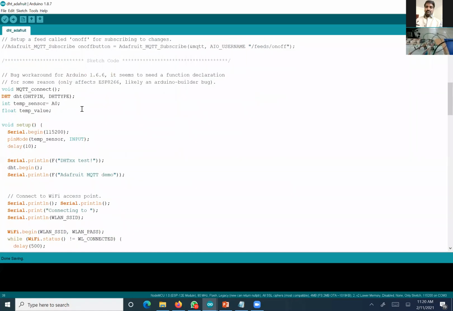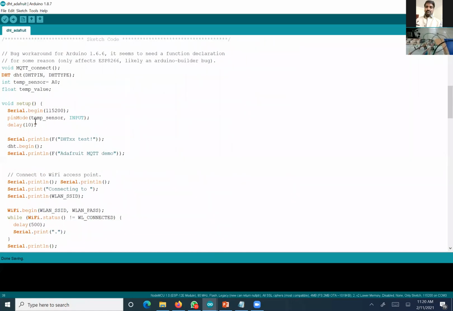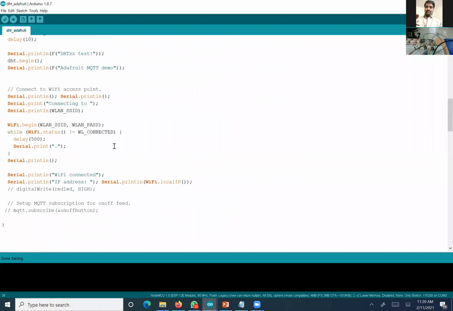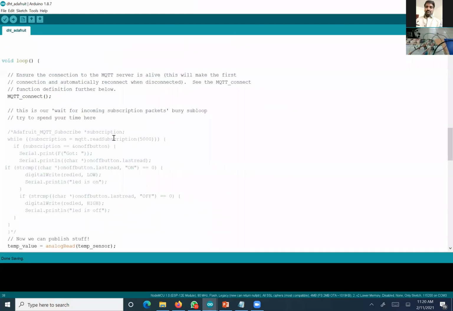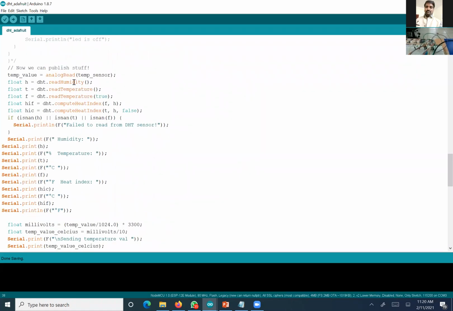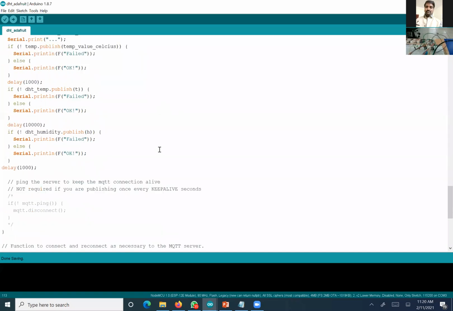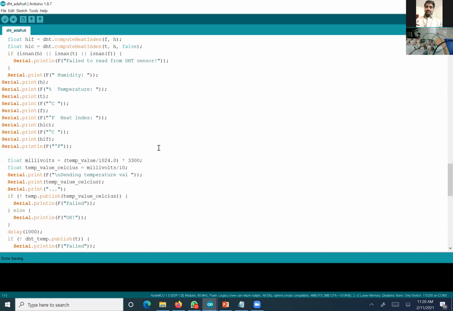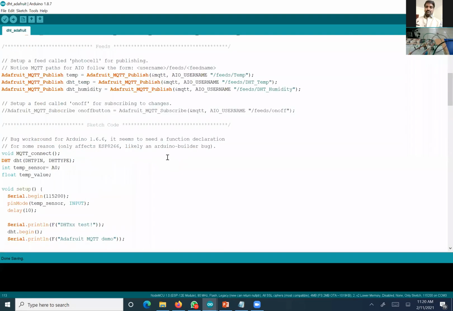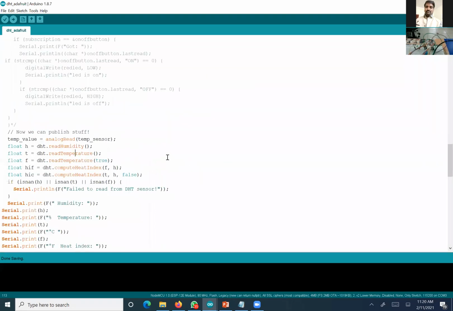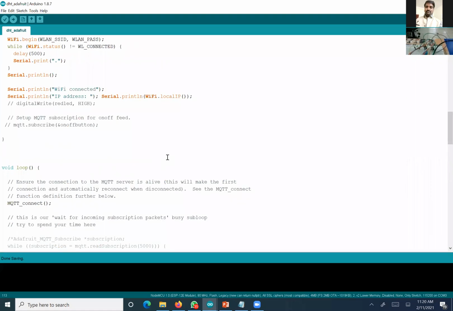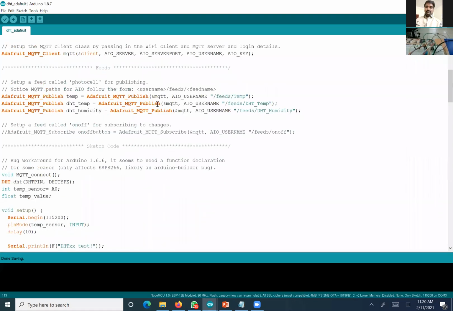So, as usual, first we connect to the MQTT server. In the setup, I connect the sensor. Where is the sensor reading? In the loop only, I read the data from the DHT sensor: read humidity, read temperature, and it is stored in a variable. Then we write the value in the program, right? Once it's connected, it will call this publish statement, and it will publish the data to the server, right?